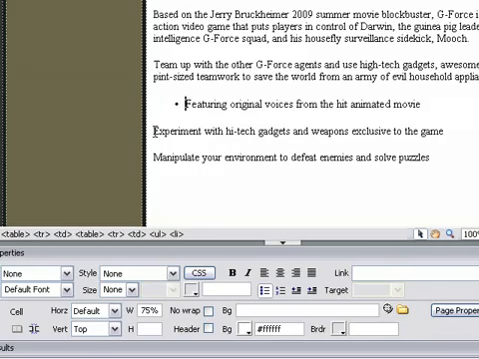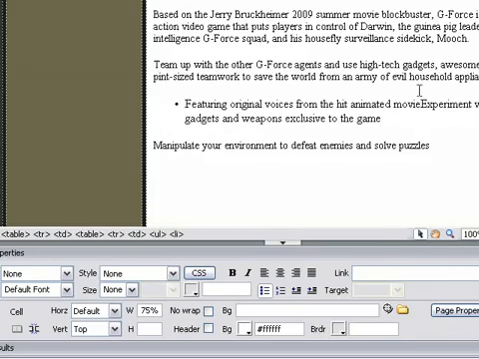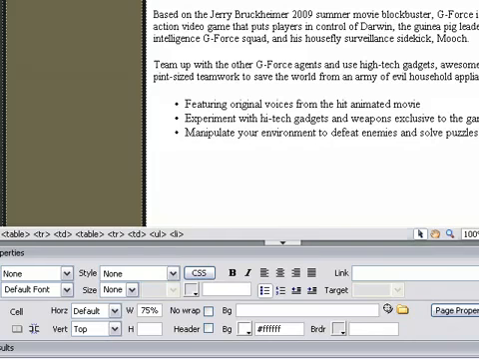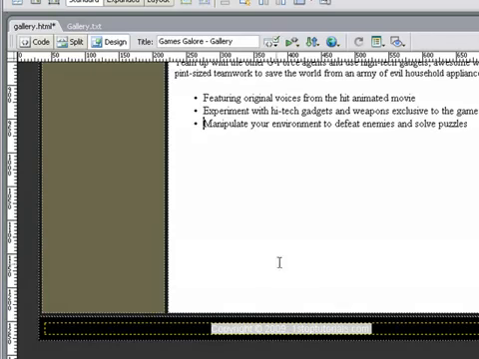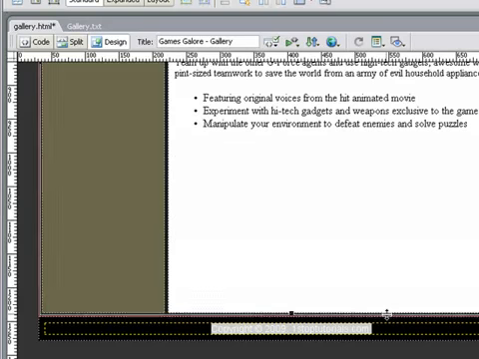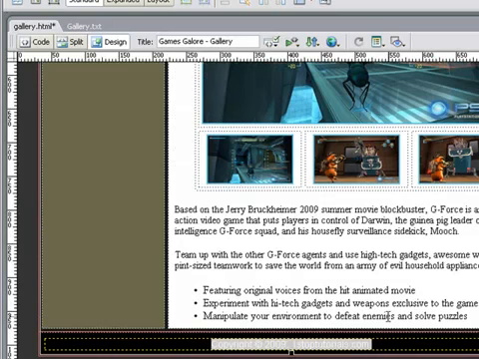Okay. To do the same for the other ones, just click at the end of the word, so movie, hit delete on your keyboard. That will bring that word back up, and then just hit enter again, and it will move it down again. Let's click at the end of game, hit delete, and again hit enter, and it moved it down. So as you can see, we've got a bit of space at the bottom here. This is really easy to get rid of. Just click at the bottom and just hit backspace on your keyboard all the way till you get to the top, and then click on the bottom cell,